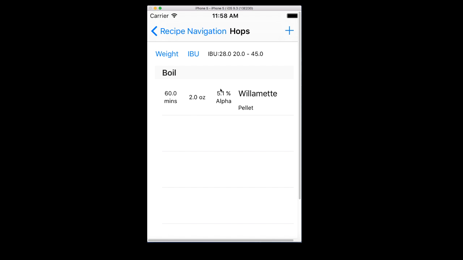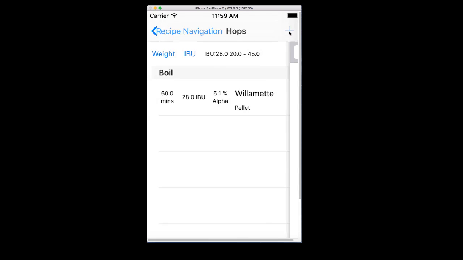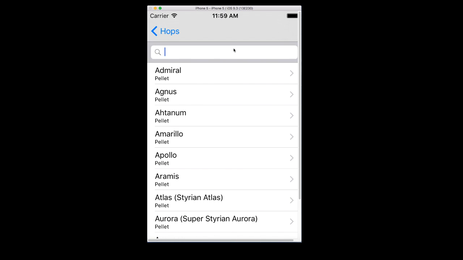And you can see here it automatically calculates the IBUs. I can also flip over to see for this particular hop what was the IBU contribution or its weight. And then maybe I also want to add in